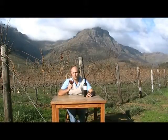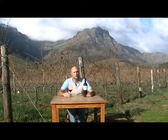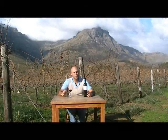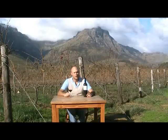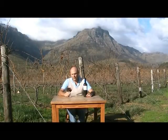And if I had to smell, on the nose, it's got so much richness. It's just got so many different characteristics. It's got those red berry characteristics, but it's also got the nice fynbos characteristics, some real cloves and spices. And then on the palate,